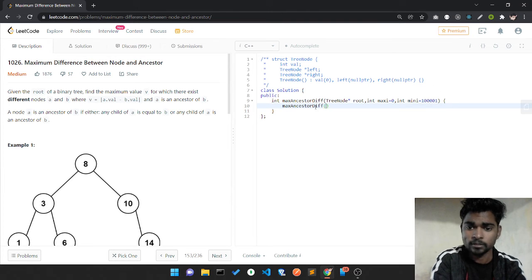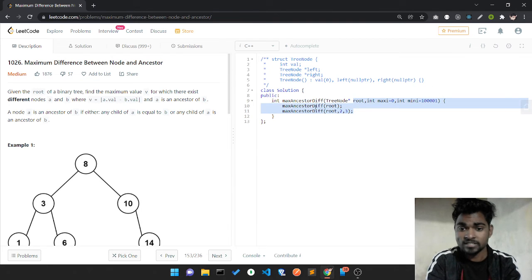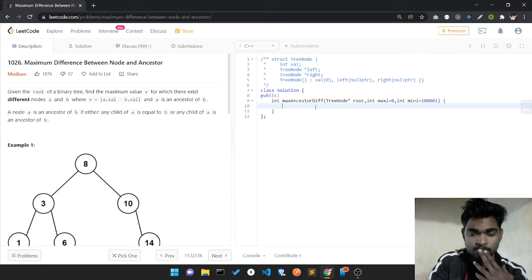If I call max ancestor with one parameter, it does not give me any error. If I take two or three parameters, it also does not give me an error, because I've added it as an optional parameter. It's a much better thing which fascinates me about the C++ OOP concept. So let's come to the point.